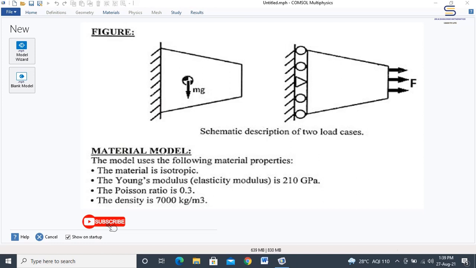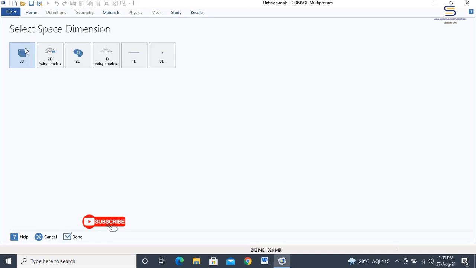Open your COMSOL console and then go to the model wizard. In the model wizard, since the first experiment is a 2D model of a 3D analysis, we shall consider only the 2D model and then find out how the analysis looks like by a realistic approximation to a 3D model. Select 2D.